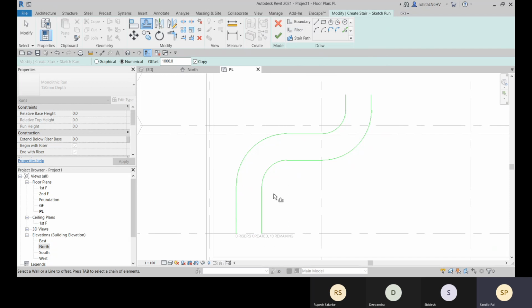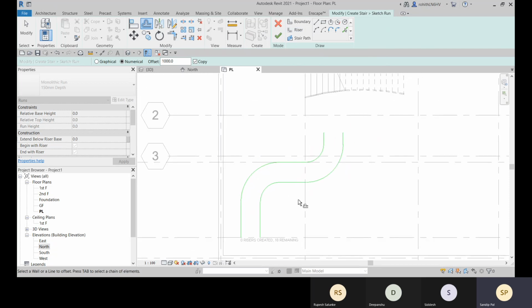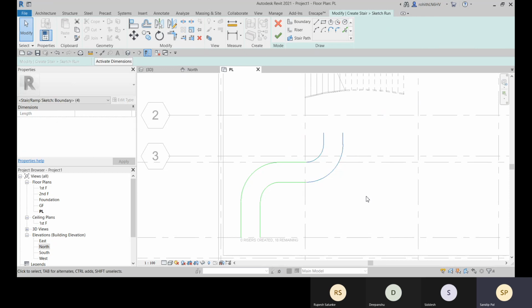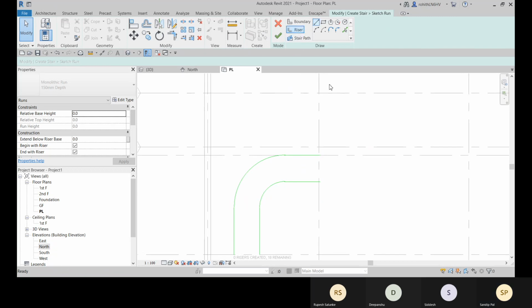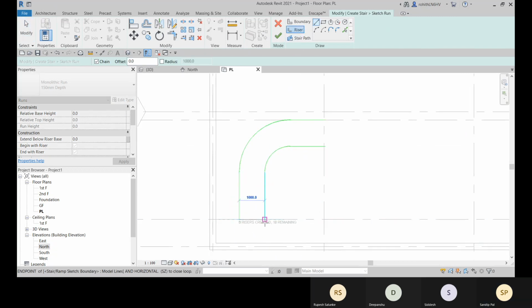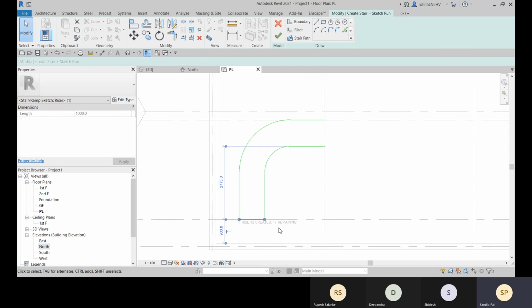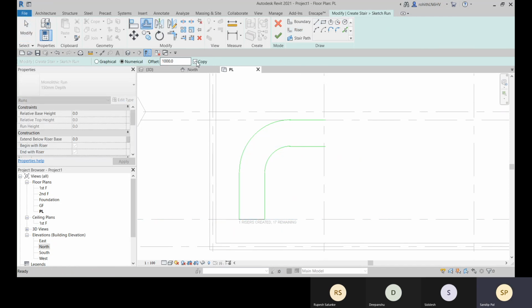And before that, you need to select how many risers you are going to define. Okay, so accordingly, you need to make it. Let me delete this. Let me create up to this. Go for riser. Define here. Okay, and then go for the offset. Go for the value 300.